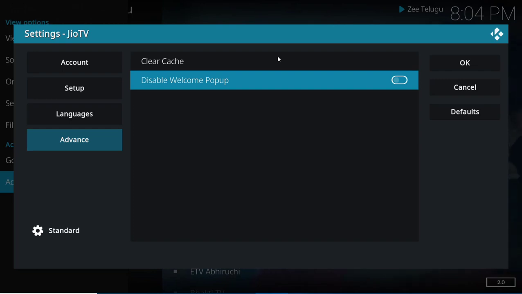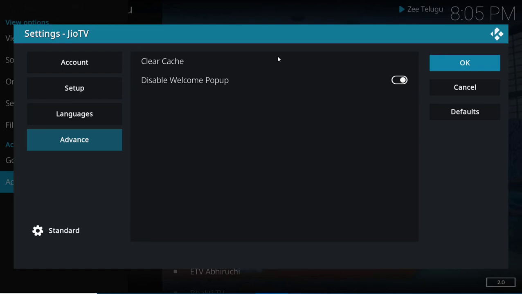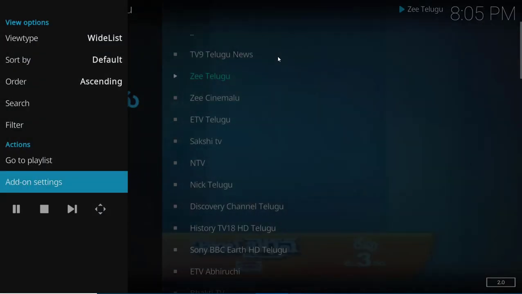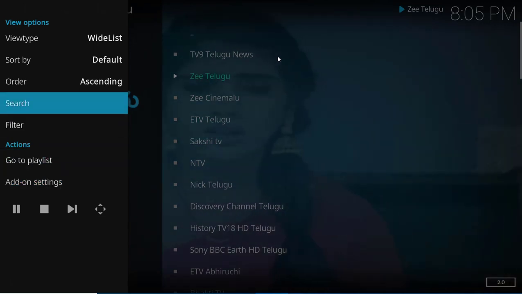Every time you open this app, a pop-up message is shown asking you to donate some money for this add-on. If you wish to support the developer, you can donate. But if you don't want to see the message every time you open the app, you can enable this option so that the message will not appear. Then click on OK. That's it.